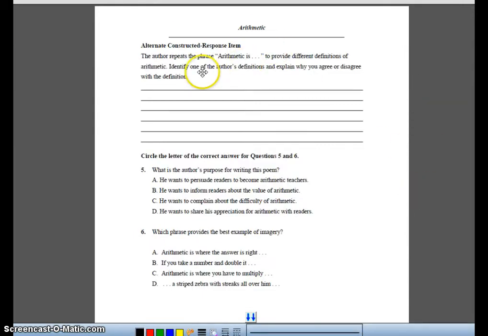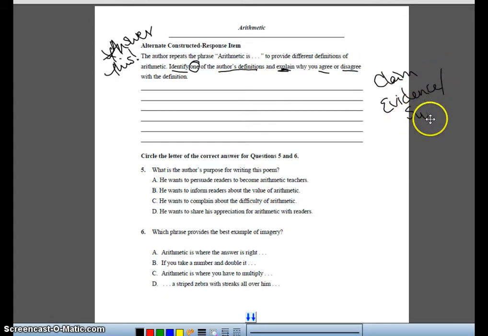Now there is an alternate constructed response item listed here. I do want you to answer this. Okay, and it says, the author repeats the phrase arithmetic is to provide different definitions of arithmetic. It's not really a part of the question, it's just explaining to you exactly what the author's doing. Then it asks me to identify one of the author's definitions, and I need to explain why you agree or disagree with the definition. Okay, so again, this is asking me to take a stance or make a claim, support it with evidence,